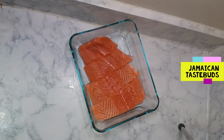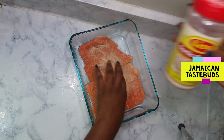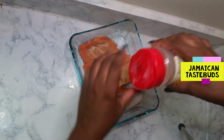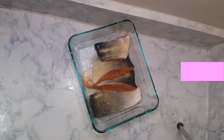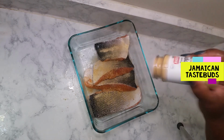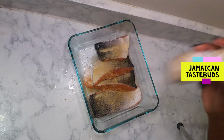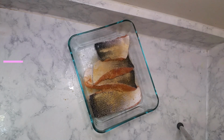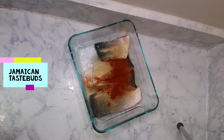Okay guys, so now I'm going to marinate my salmon with some powdered season. So I got some garlic powder, and I'll be putting this on both sides of my salmon. I got some ginger powder, about a teaspoon, about half a teaspoon of paprika,